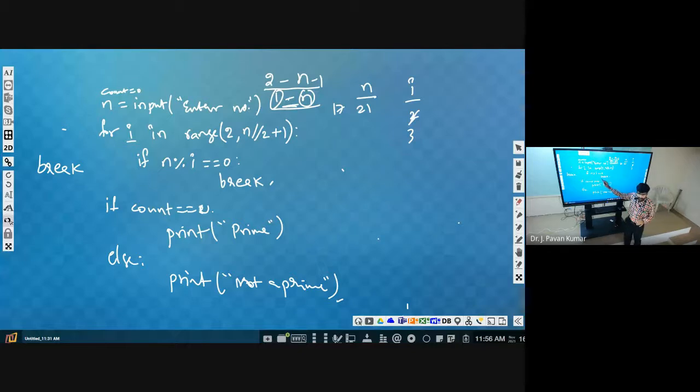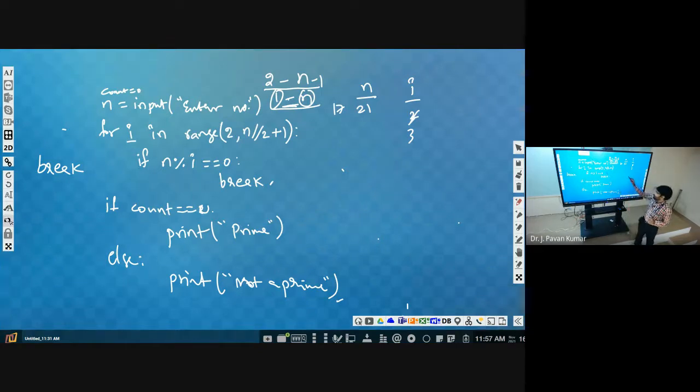In general, if you don't have this break, or if you have given 17 as the input, then we will not find any factor for this. So break will not be executed, but the loop will still terminate, normally. What will be the value of i at that time? n by 2 plus 1 or n by 2? If it is n by 2, is the condition true or not?